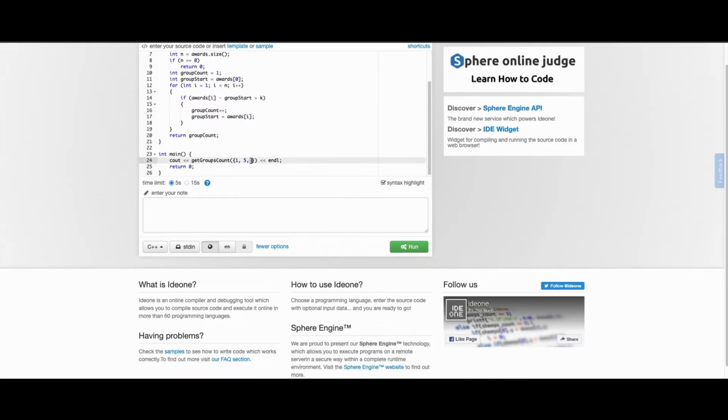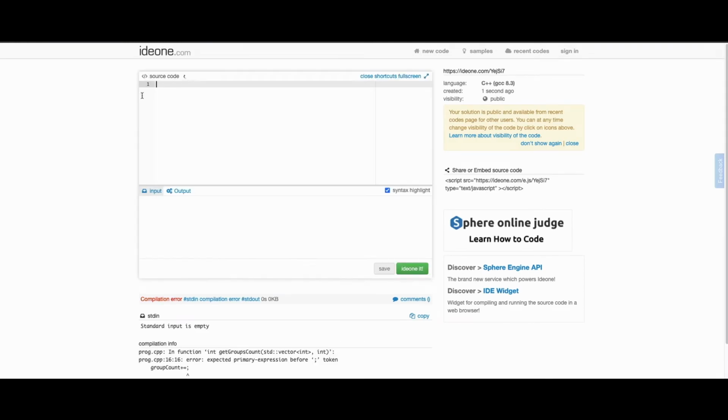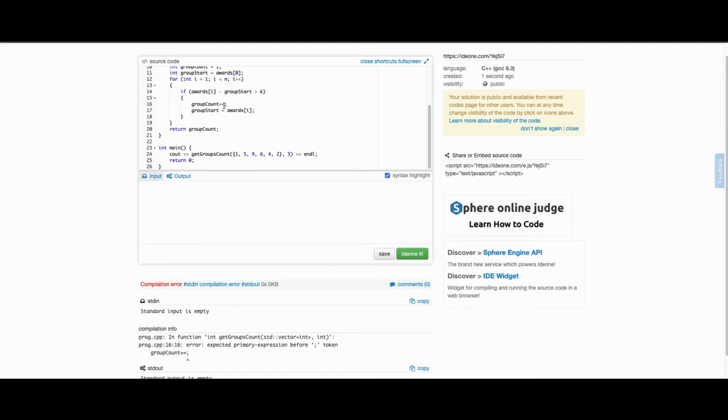So 1, 5, 9, 6, 4, 2, something like that, and k equal to 3. So it should be 1, 2, 4, 5, 6, 9, 3 groups. So there are some compilation issues. So group of group count plus then